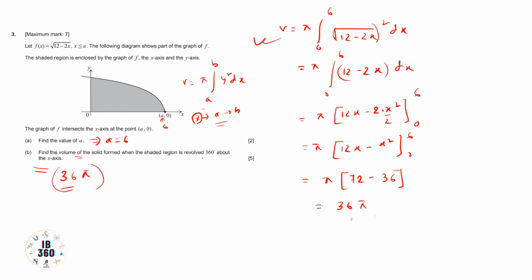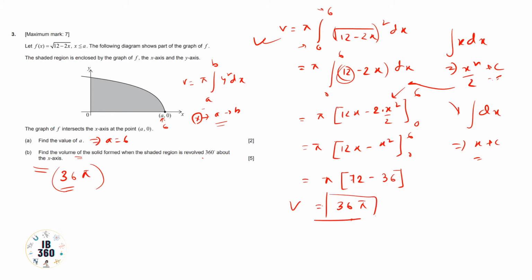Here we have just used the property of x dx, like I am giving an example here, x dx gives x square by 2, that I have used here. Basically here there will be c because it is not a definite integral, so I am using c. And for 12, I have used the integral of the constant dx equals x plus c. As it is not a definite integral, the integral constant must be there. As it is a definite integral, no integral constant is needed. So in this way the answer is 36 pi, the volume is 36 pi.